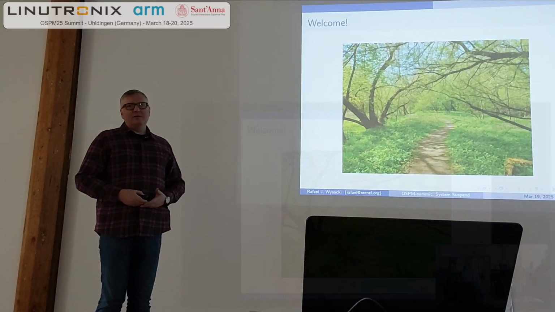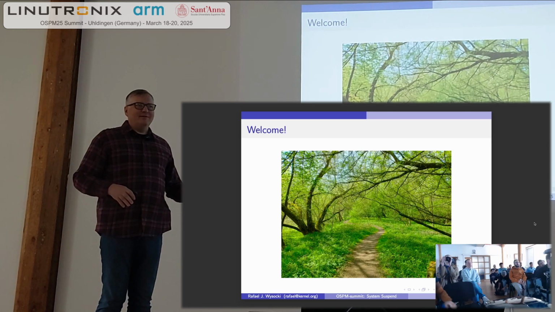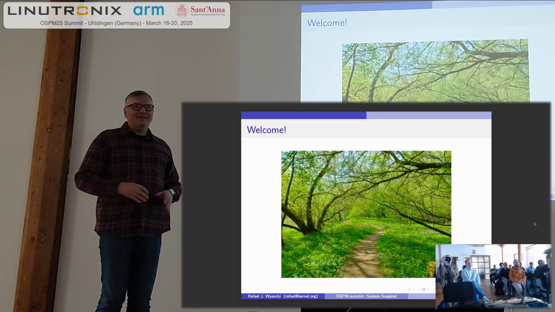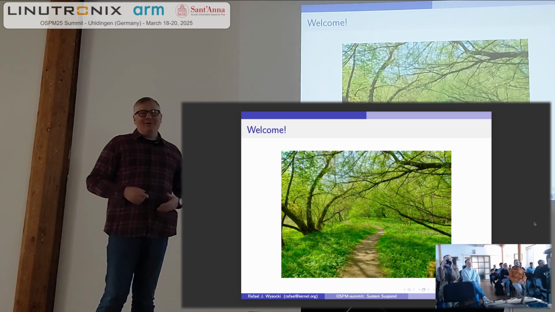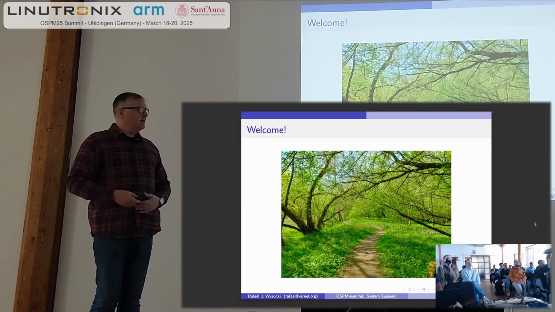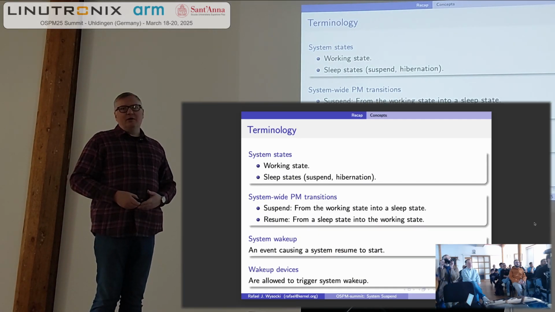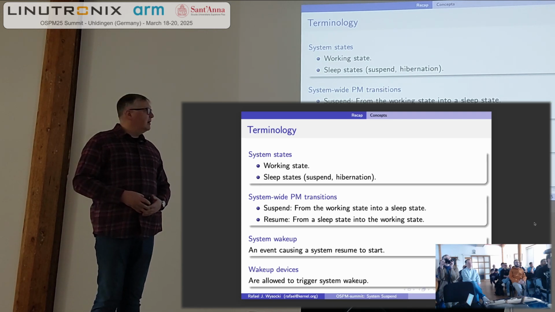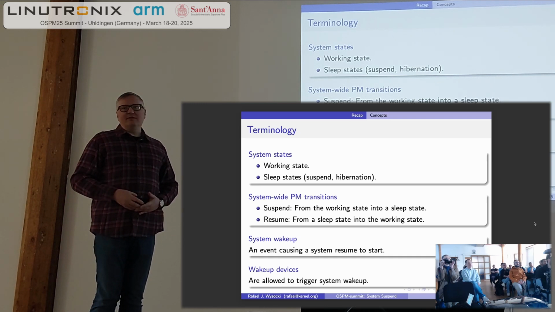Today, I'm going to talk about system suspend and resume, which is kind of an oddball topic for this conference because it has nothing to do with scheduling. So I'm not sure how interesting it is going to be for everybody in the audience, but I will try to keep it high level. We're practical. Okay, let me start with some recap of the concepts and terminology that is used in this context. Okay, so the system as a whole can be